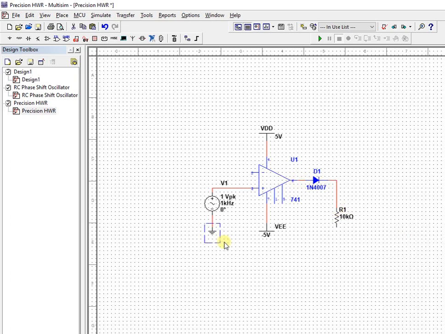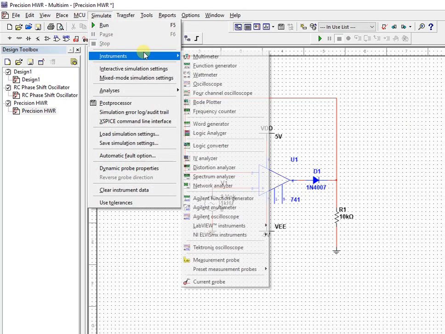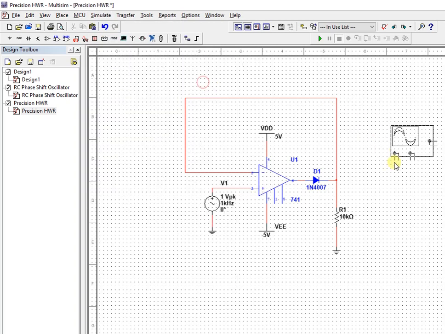And also, instead of going multiple times to the icon window or the toolbar window, what you can do is that if a component is already available in the circuit, just select that component, and press Control C and Control V to place it. So you can have multiple components of the same type.